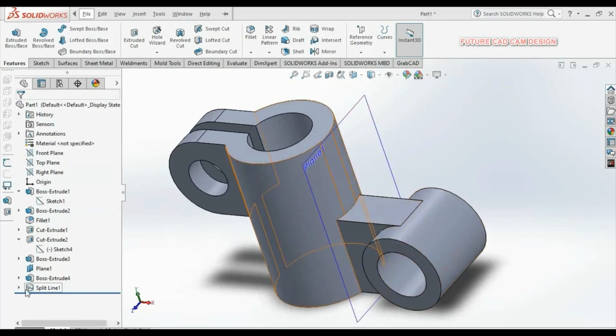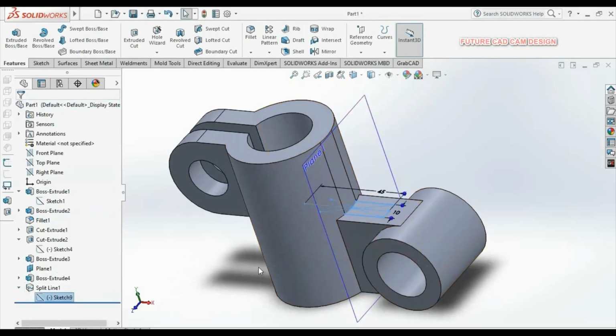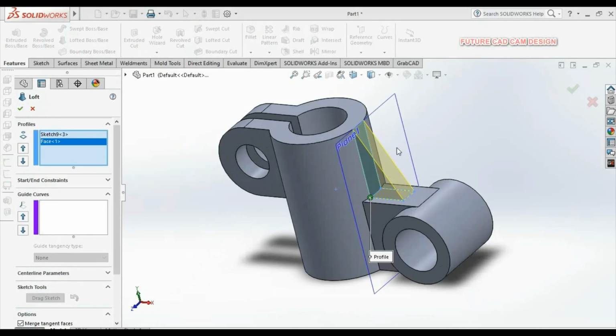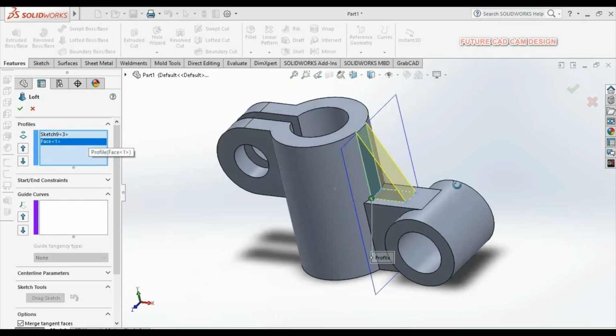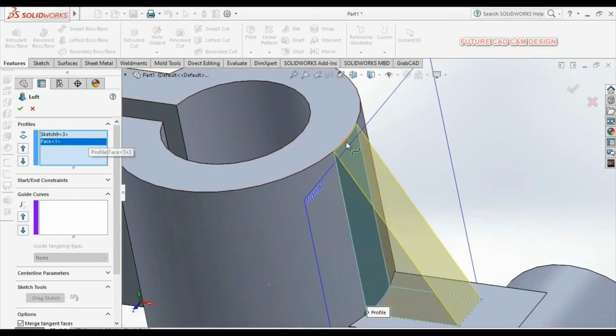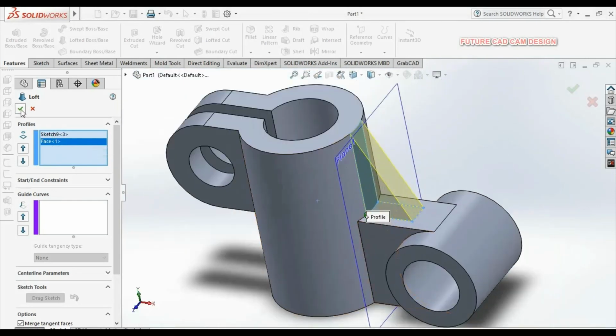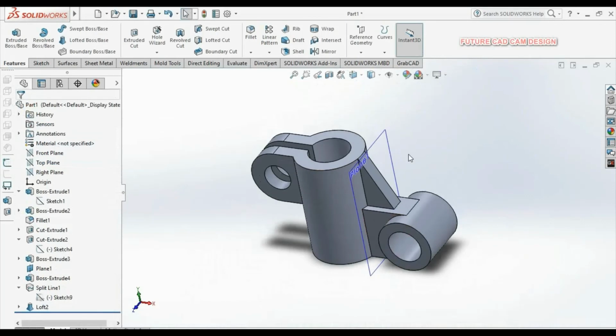So now again choose the sketch and use the lofted boss option. After selecting the lofted boss option, again select the split face on the cylindrical feature. Now based upon the split face and sketch, a rib has been created. You can create the rib in this method, because if you directly use the rib option, it will not be the correct procedure since here we have cylindrical corner edges. So finally we have created our 3D pot model.